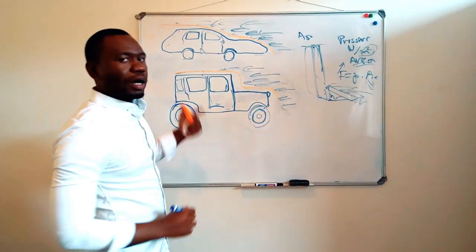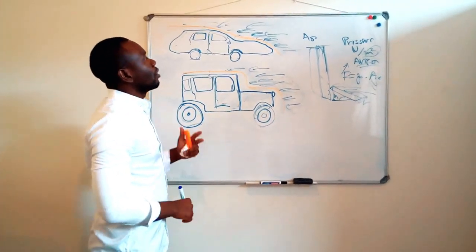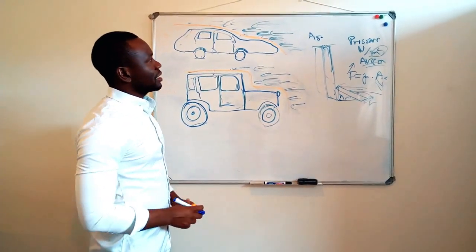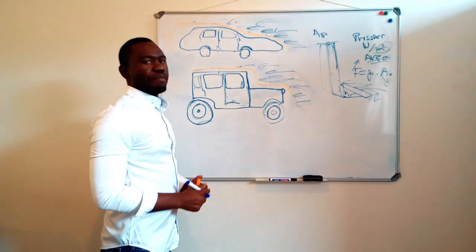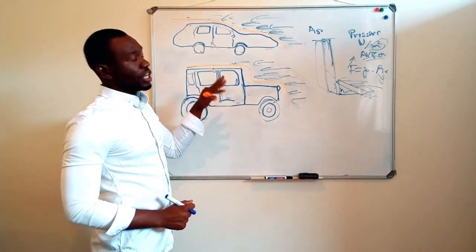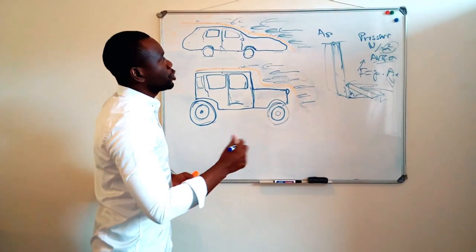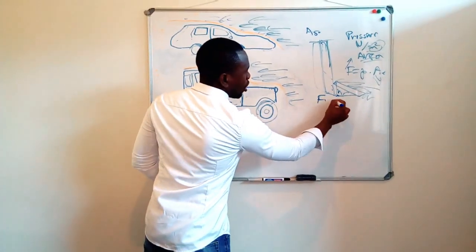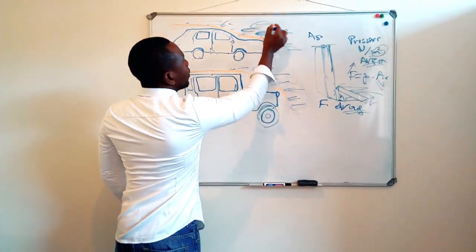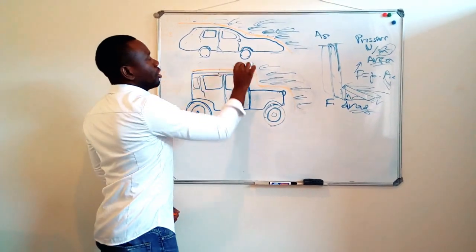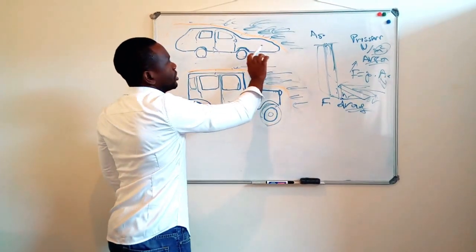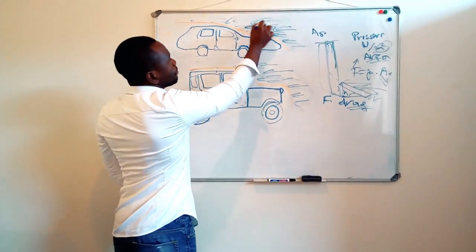Now we want to talk about what happens when a vehicle is moving. Nowadays engineers and technicians have tried their best to give an ideal shape to our vehicles in order to reduce the force of drag. The force of drag is the force applied by air on a vehicle in motion. It can be a car, it can be a plane, or whatever.